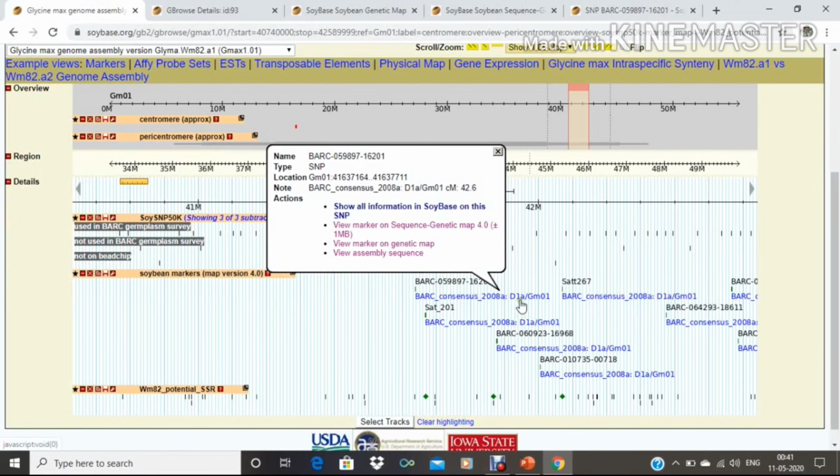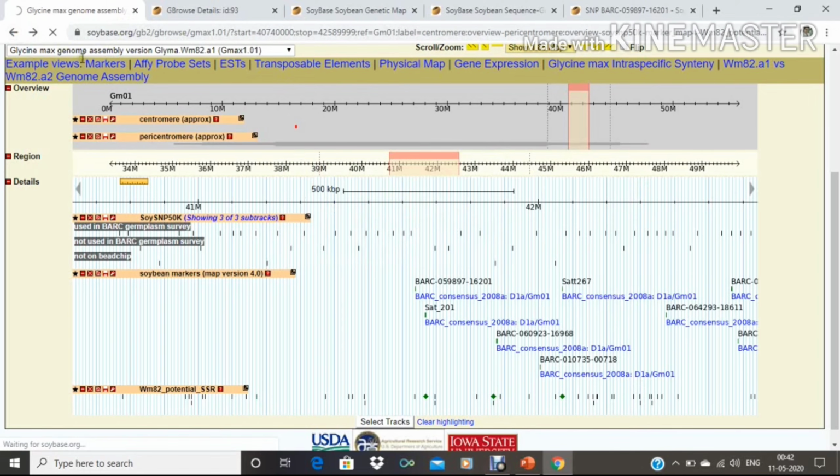Here, likewise, this SNP and many other SNPs are already characterized, which are in blue color. We can easily see all the details of this specific marker in the specific region. Again, we will go back.